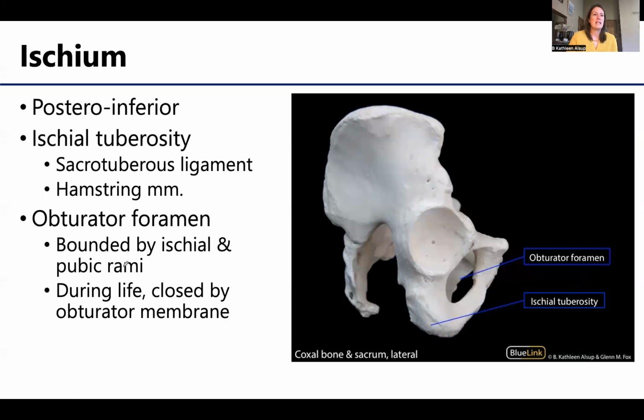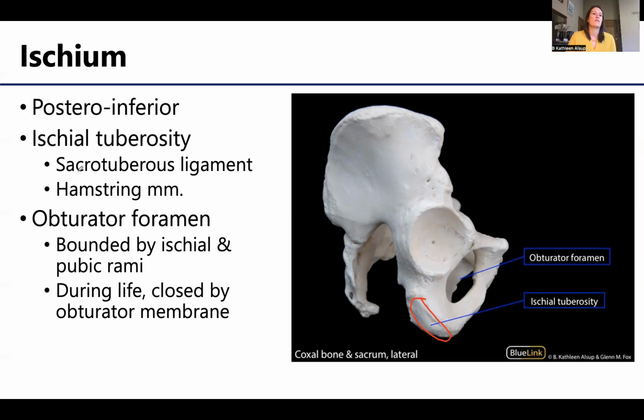All right, the ischium, so located posterior-inferiorly. Really the dominant thing when you're looking at the ischium is this built-up region right here, referred to as the ischial tuberosity. We talked about the ischial tuberosity as one of the boundaries of the pelvic outlet. We often refer to, colloquially, the ischial tuberosities as your sit bone. So when you are sitting down, you're sitting on your ischial tuberosities, kind of. Obviously, you have skin, you have some connective tissue there, but that's the bone that you're kind of sitting on